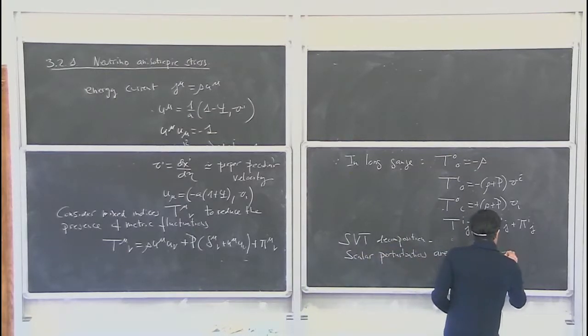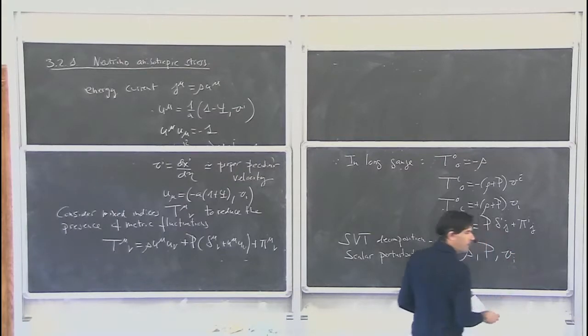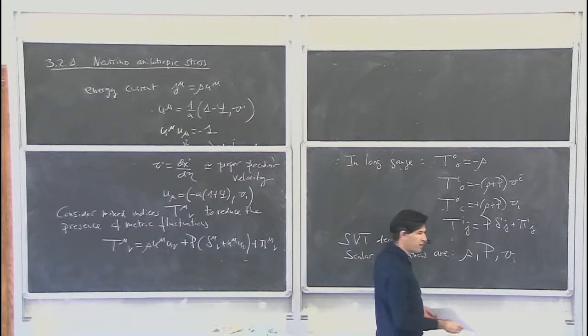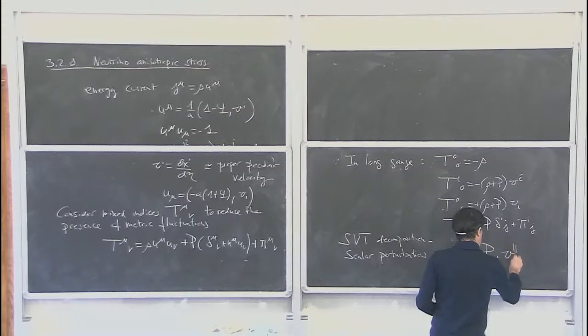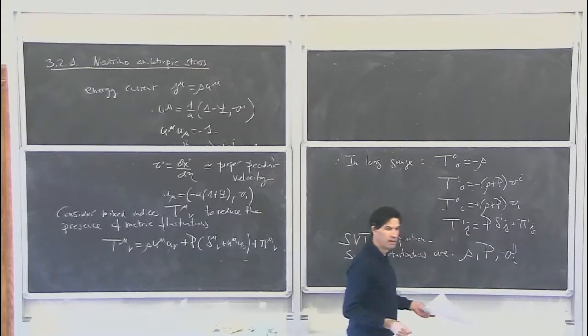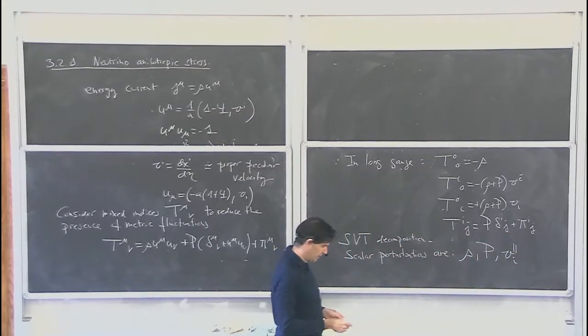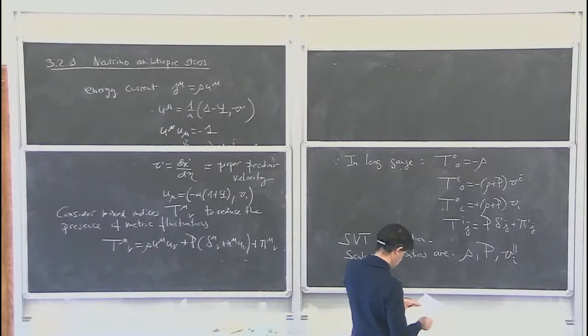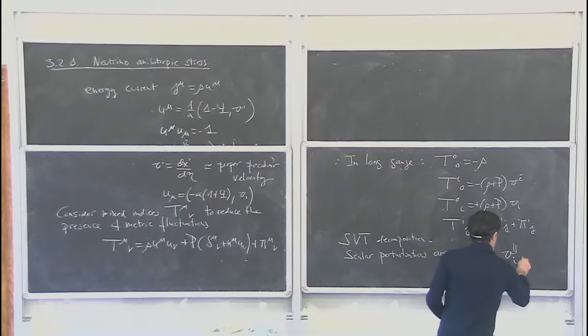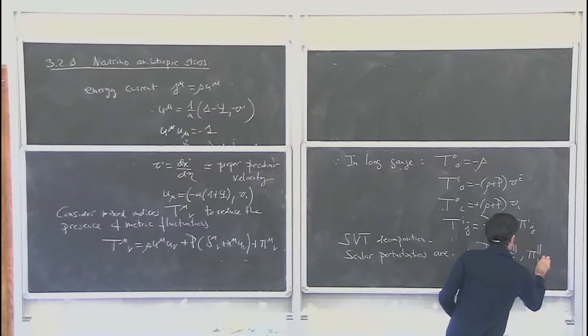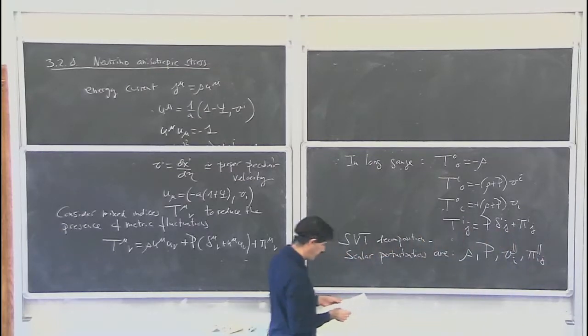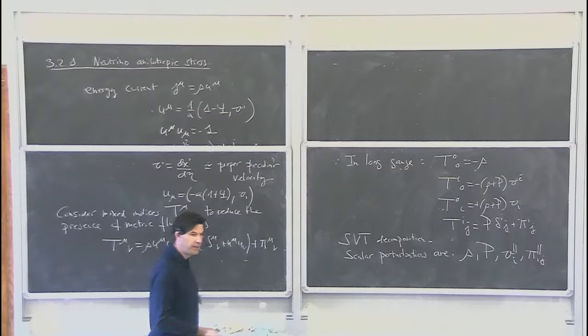Then the curl-free piece of the velocity, which I write V parallel i, as I did before with B, the frame dragging term. And then, what else? There is also a scalar anisotropic stress, which I write this way. So what we are interested in